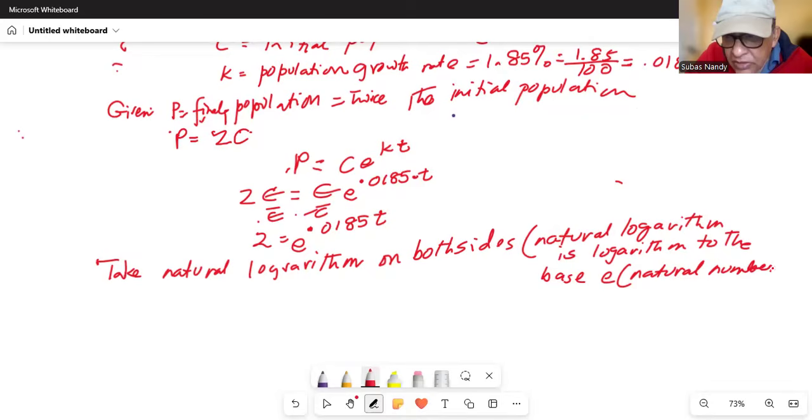So when we do that, we get ln 2 is equal to ln of e to the power of